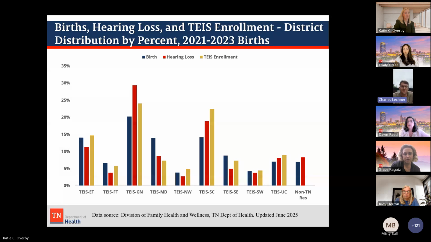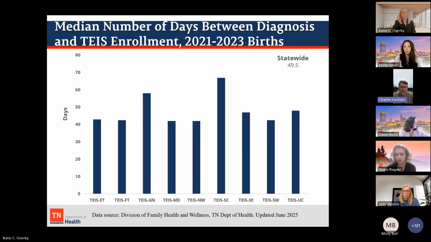So on here, it's really easy to see, if you focus first on the blue bar, our more populated metro areas, like Greater Nashville, at the most, at about 20% of the births for the state. Followed by that, then around 15% for East Tennessee, the Memphis Delta, South Central. And then the rest of our regions are usually falling between 5 to 10% of our births. If we'd expect everything to be really equally distributed, I'm interested in... even Nashville, they actually see about 30% of all the diagnoses.